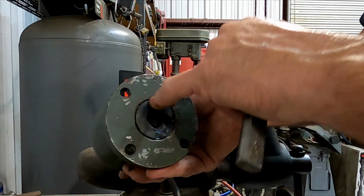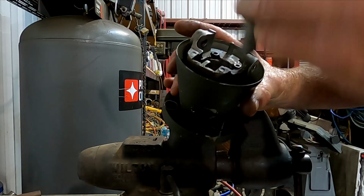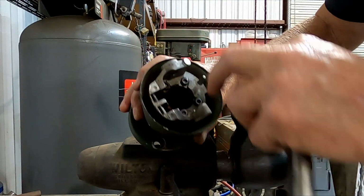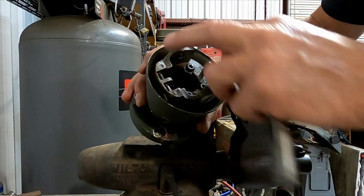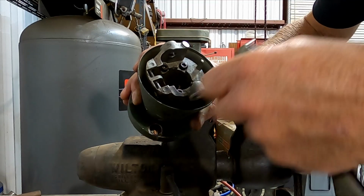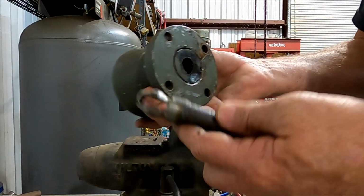But on this one, I'm going to drill some drain holes in here. I'm going to polish this all up, and I'm going to lube it really well, and I'll put it all back together, and it's going to be that simple. I'll probably take this back out too, this bottom of this pivot, tilt pivot mechanism, and clean all that rust out of there. I'm going to scrape it all out, buff it out, clean it up real good inside. And so anyways, that